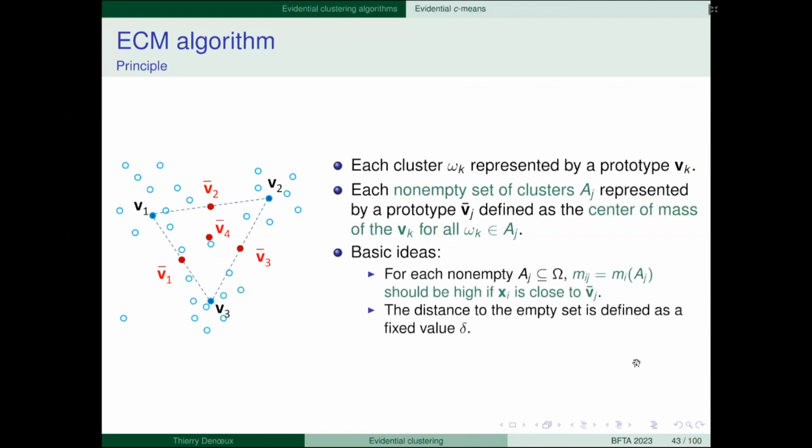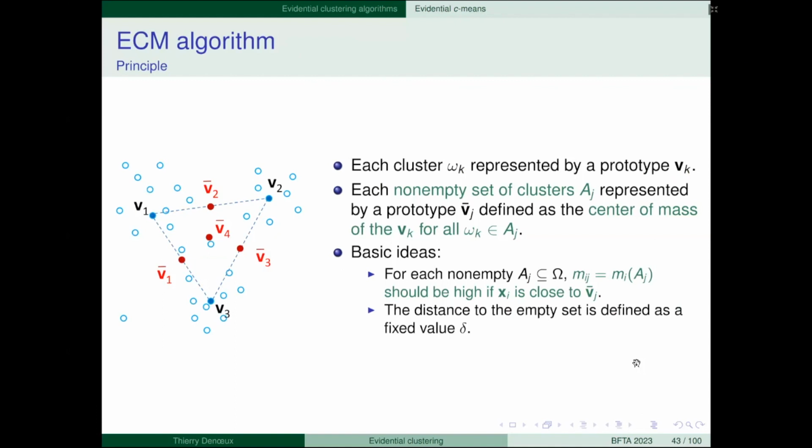For instance, here we have the prototype for cluster 1, the prototype for cluster 2, and here this is the prototype for the union of cluster 1 and cluster 2. Okay. So if some attribute vector is close to this V2 bar, we'll give a large mass to the union of cluster 1 and cluster 2, because it is like halfway between the two clusters.